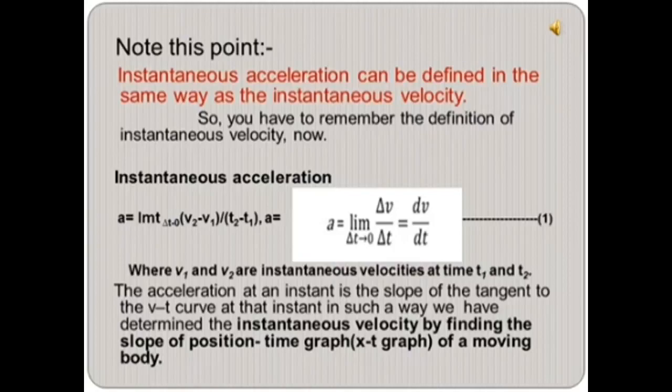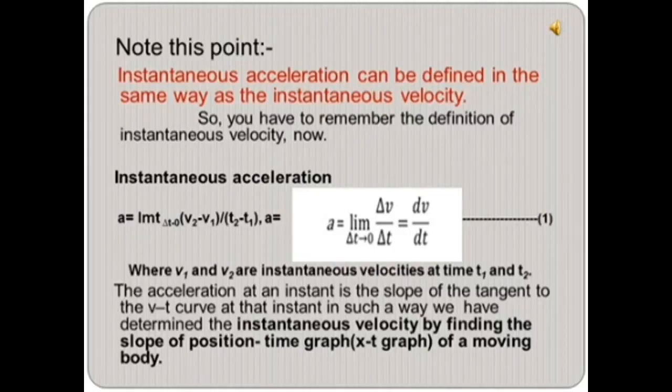Instantaneous acceleration is represented by small letter a, which can be mathematically written in the form of limit delta t tends to 0, (v2 minus v1) divided by (t2 minus t1). It will be equal to limit delta t tends to 0, delta v by delta t, which is equal to dv by dt, which is equation number 1, where dv by dt is the rate of change of velocity with respect to time t,